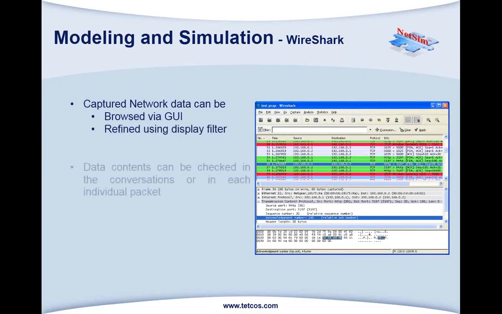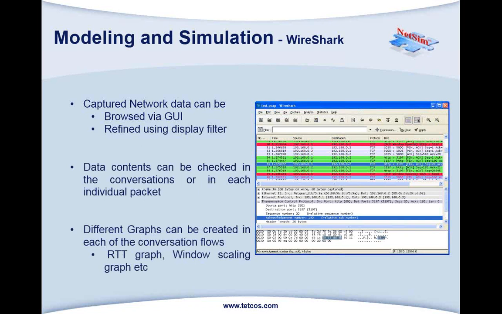Then Wireshark. You must be knowing about Wireshark. It is a real-time packet capturing tool. So it has been enabled in the NetSim software. So on any node, you can enable the Wireshark and capture the real-time packets. So that is available on all the nodes. You can change between online and offline. If you choose online, you'll have the Wireshark automatically active, and your packets will be captured automatically. And there are some more features in the Wireshark also. You can see some graphs and data in Wireshark.